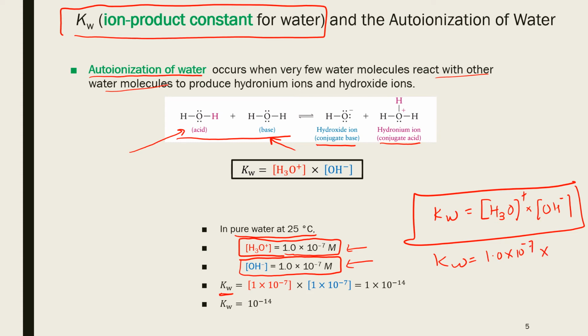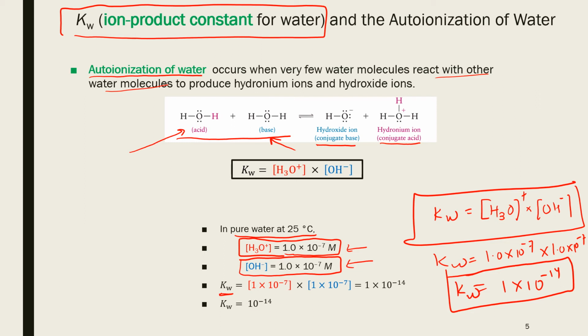So the product of both hydroxide and hydronium ions is equal to 1 times 10 to the negative 14. This is known as the value of the ion product constant of water, and this value is always